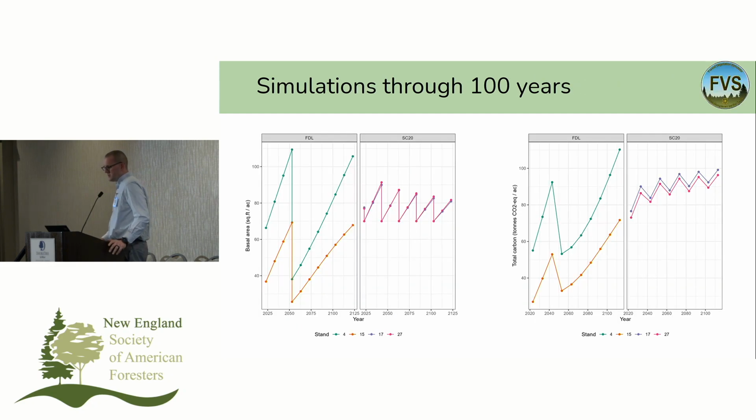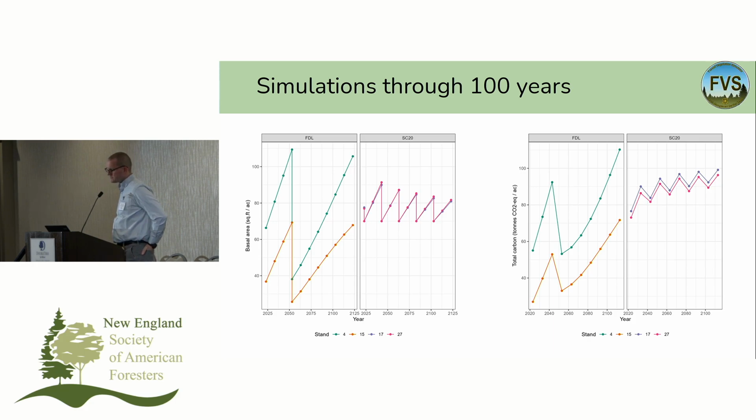So here's how the simulations look through 100 years. On the left, we have basal area. On the right is total carbon. Basically, if you know one, you probably have a pretty good idea of the other ones. The shapes of those curves are pretty similar. And so you can see here that there are a couple different stands in each. This is a replicated study, so there are 2 stands within each